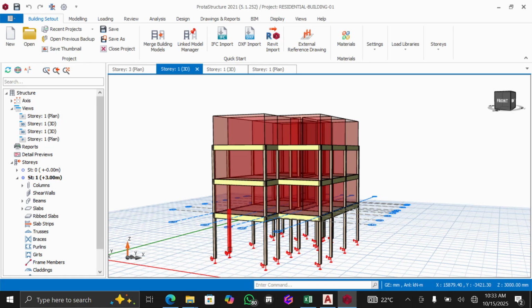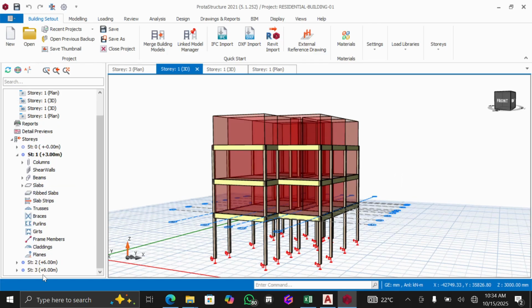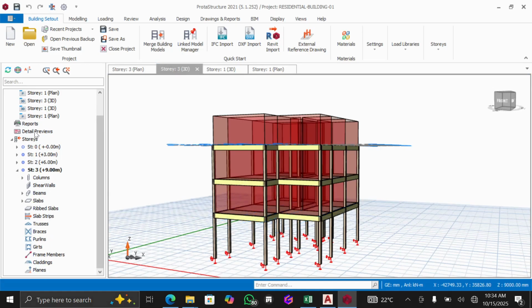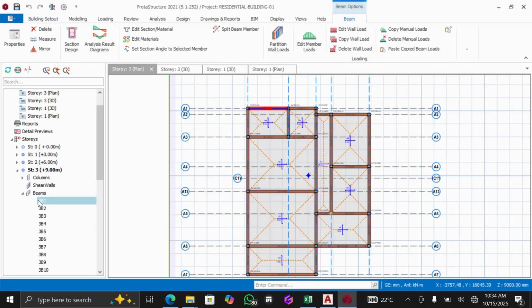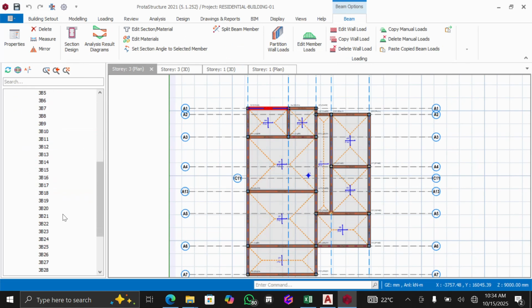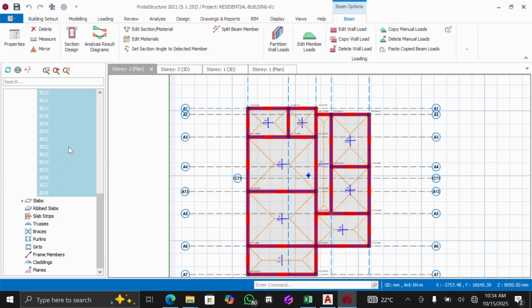You understand? So this one is a ground floor, first floor, second floor. So this is a G+2. These ones I don't need. So just come to story 3, click on it like that, and come to my plan view. When I come to my plan view, I'm going to highlight everything. Come here to beams. They are already there. So you can see 3B1, meaning beams on the third. Click there, long press Shift, come down here, click there, and then you delete